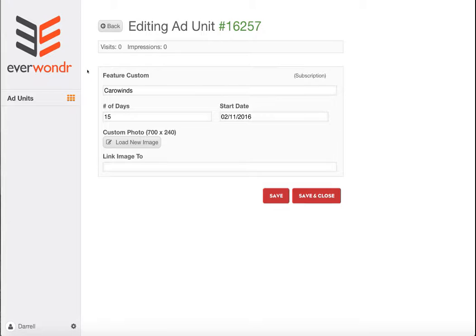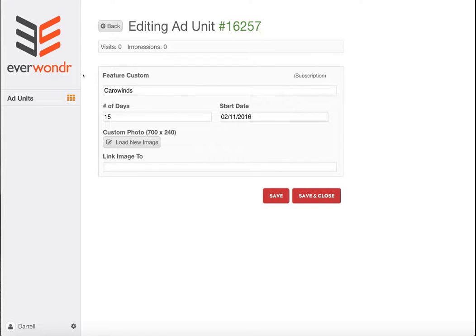Think of this as a place to highlight other content that makes sense in your calendar area, but perhaps is not an event listing, such as sign up for our newsletter, or don't forget to attend our conference for trade professionals, something that you don't have in your tourism calendar. Or perhaps it's be sure to visit our hotel directory and see some lodging options during your stay. Whatever your messaging might be, you can choose to upload that in the form of an image at the top